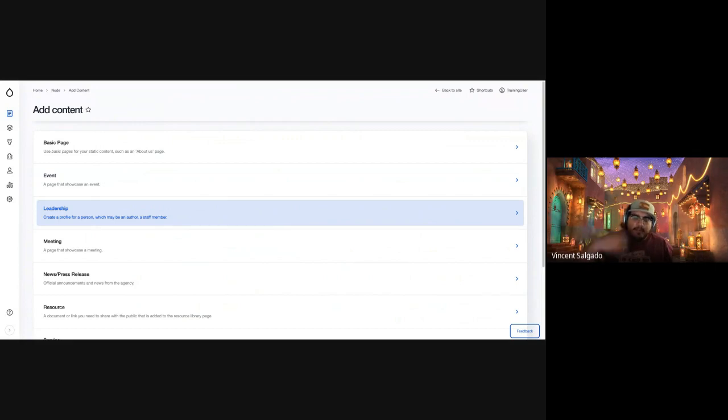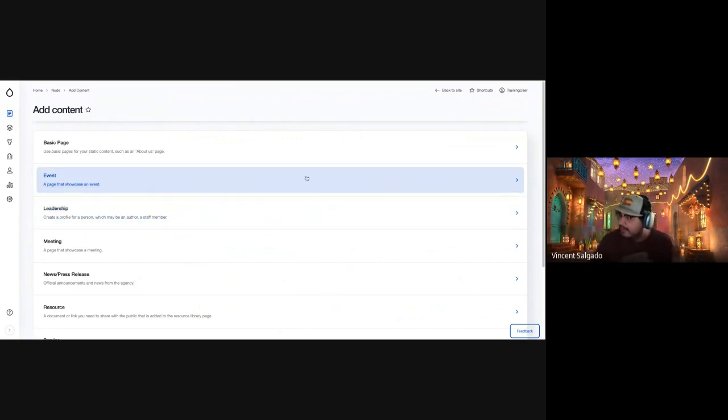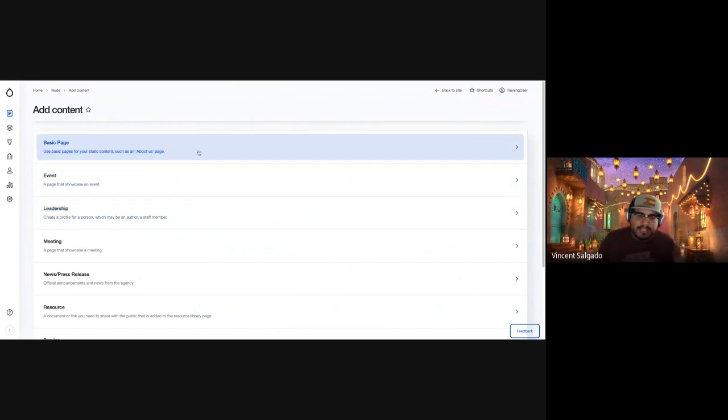But just be aware that a lot of this content itself, once you get the hang of one, the others will kind of fall in line. They all run through the same type of setup that Drupal has for individual contents and also blocks as well, which we'll go over. Now, the ones that you will see here, we have basic pages. That's going to be the foundation, the majority of all of our content that we have on our websites, mainly because it's the foundation to create those splash pages, maybe even marketing pages where you can start with a blank page, and then use the different blocks in order to create